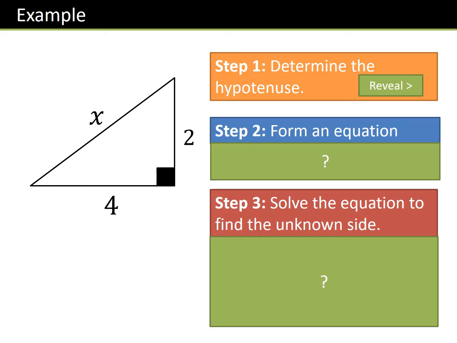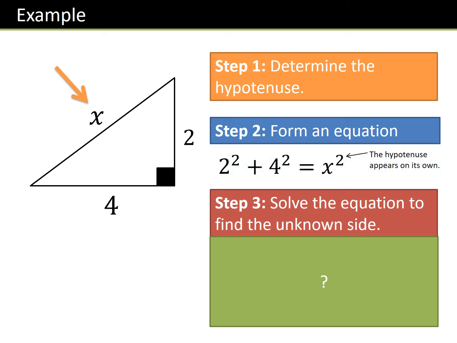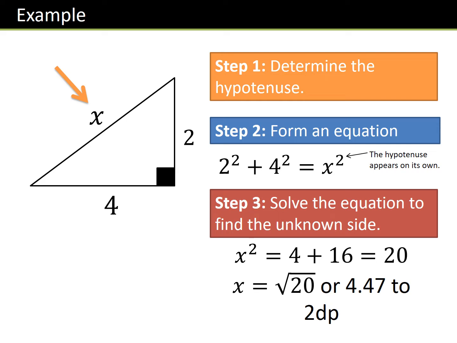So let's remember how we did this before half term. Well, the first thing we did was we determined which was the hypotenuse. It's the x, it's opposite the right angle. Then we formed an equation. So we've got 2 squared plus 4 squared is x squared. And then we solved the equation. So we calculated 2 squared plus 4 squared equals 20. And we said that x equals either the square root of 20 or 4.47 to 2 decimal places. I will accept square root of 20 as an answer because that is more exact and precise than a rounded